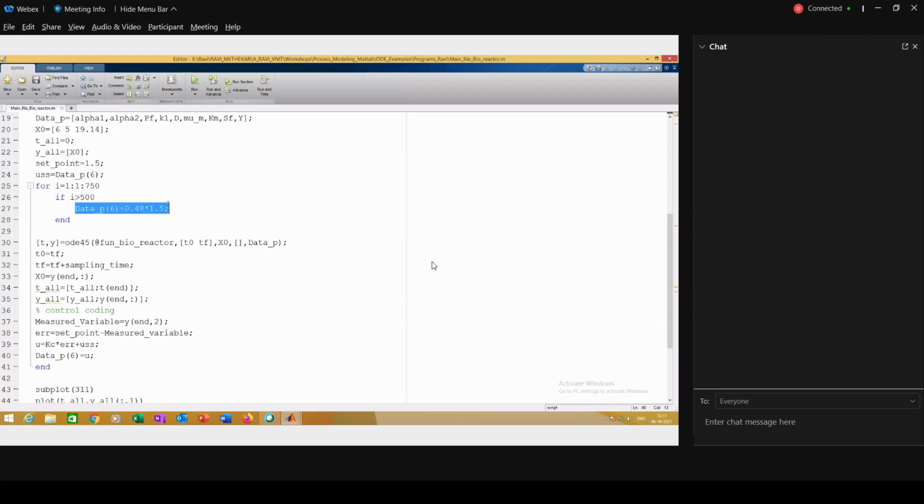Now I need not give the step change, so I'm just commenting this out. But all these things I want to run after the initial dynamics die out. So I'm commenting this out. And this is the control variable.